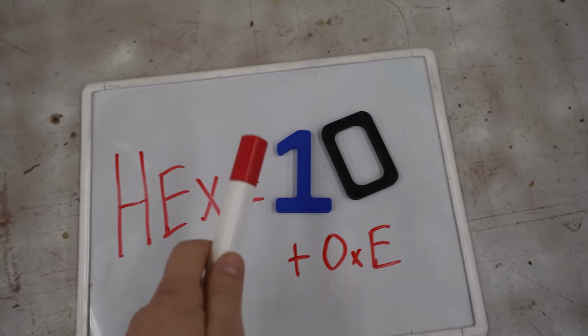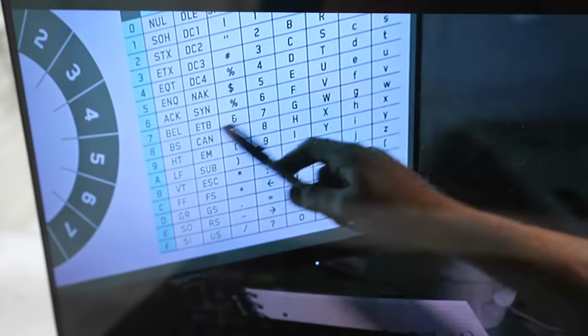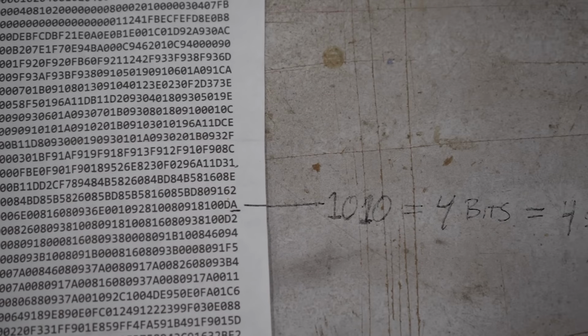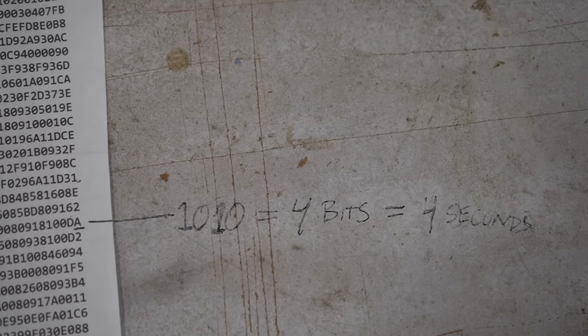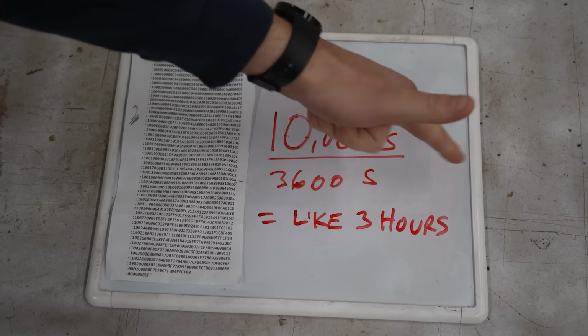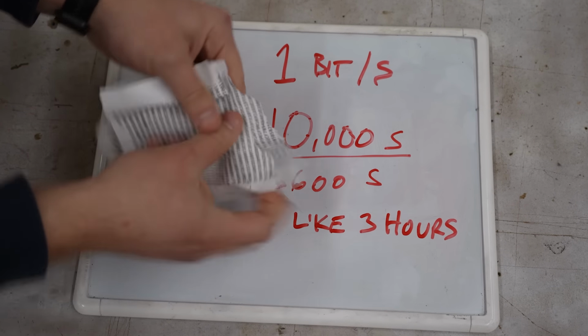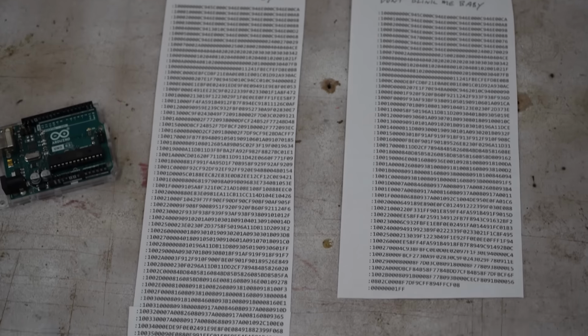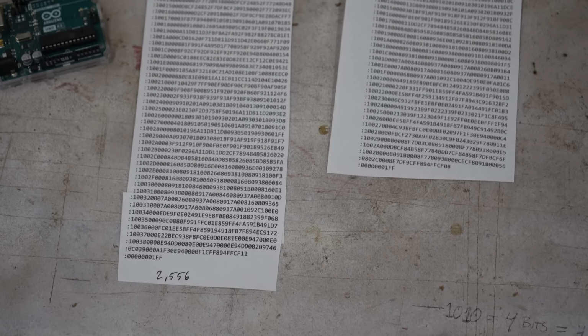Hex is just like binary, but now there's 16 options, and each one of these characters is 4 bits long, so that'd take 4 seconds for me to transmit each one. At over 2,500 characters, that'd take me over 10,000 seconds to transmit, or just under 3 hours. Okay, now I just wanted the LED to turn on, not the blinking, but that only took off 500 characters, so I was still above 2 hours.